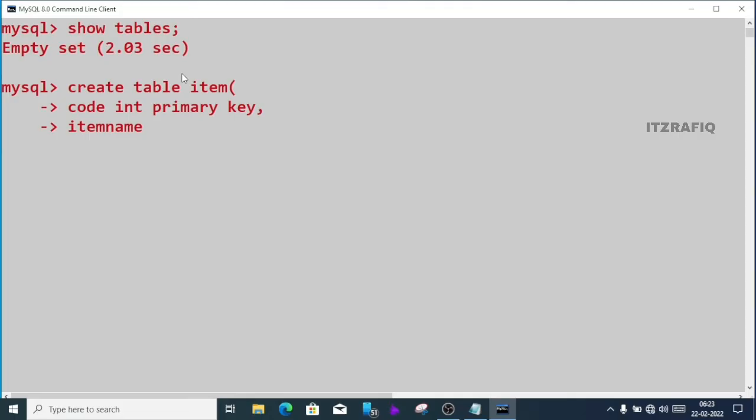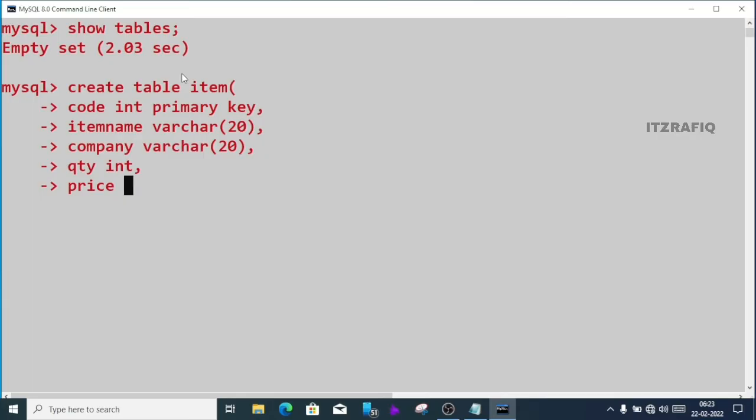Item name will keep varchar, size will keep as 20, comma, then company, varchar, we'll keep the size as 20, comma, then quantity we'll keep it as int, then price